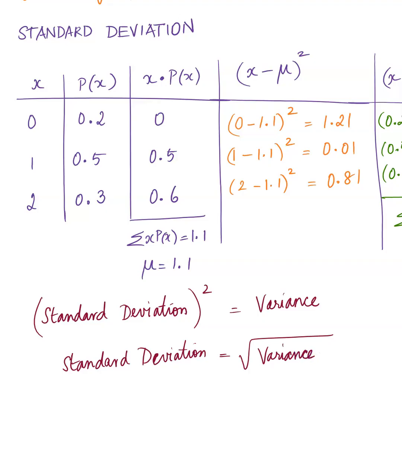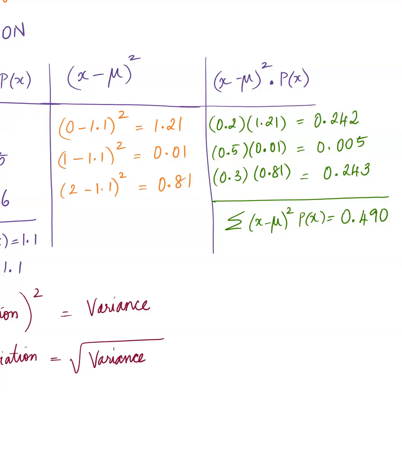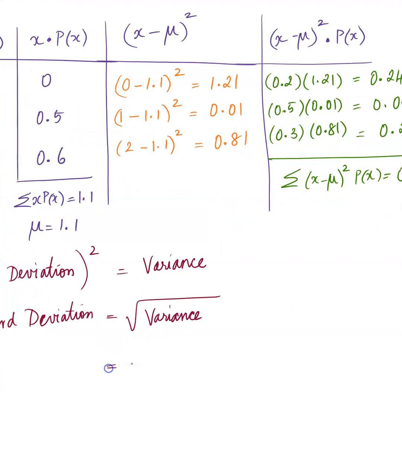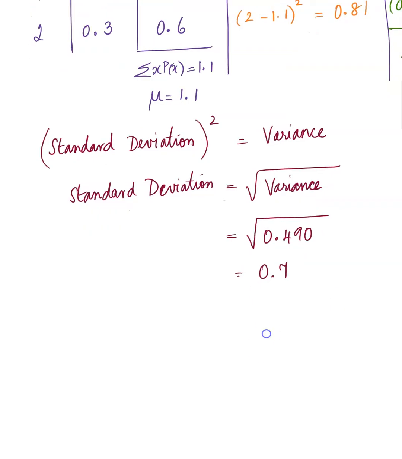Okay, so what we saw was the green column, that value gave us the variance. Okay, so we need to take the square root of that. Therefore, square root of 0.490, that's a nice, it's a perfect root. So we actually get back 0.7, no decimal places. So the standard deviation for the discrete random variable